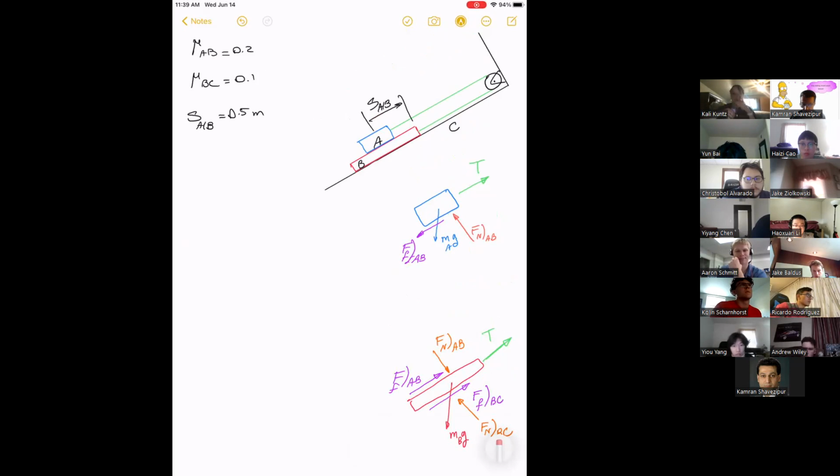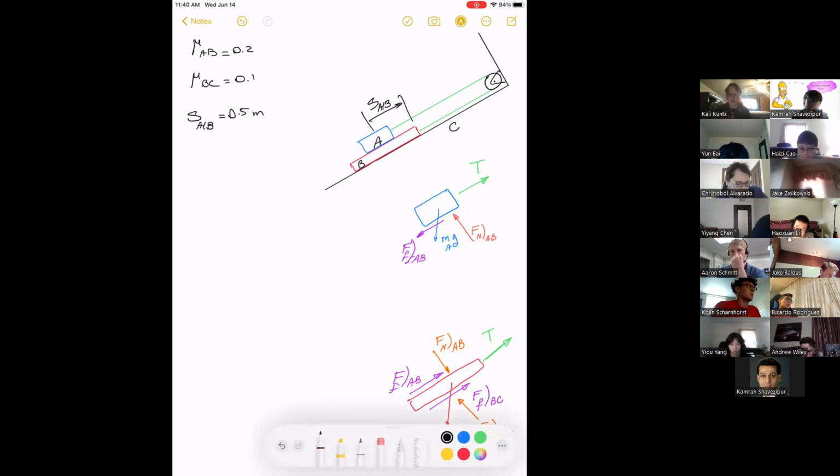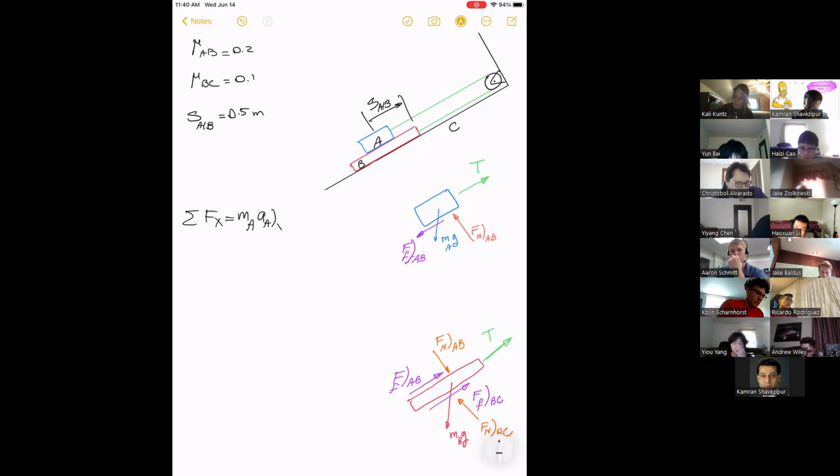Coordinate system, because I want to write the equations: summation of forces in X equals MA AAX, summation of forces in Y, and this is for block A,